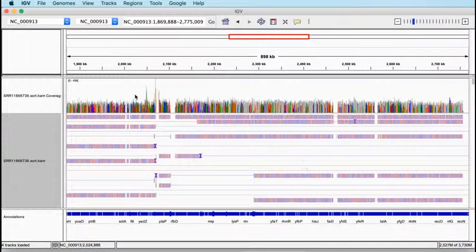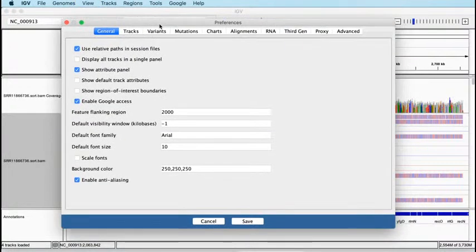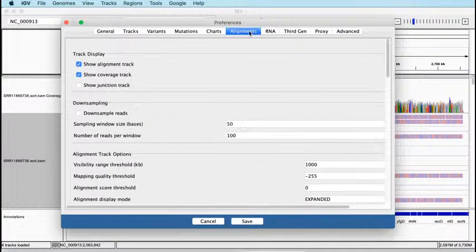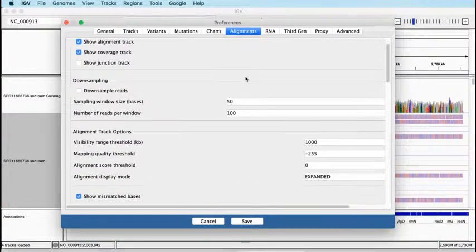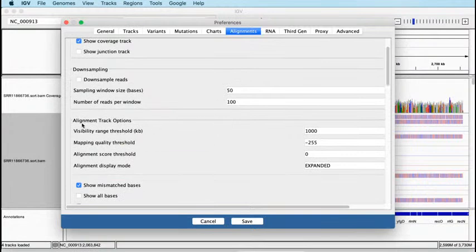You probably don't necessarily want to be doing this, and you can change it in the settings. If you go to View and then Preferences, this pops up the preferences, and you can change that zoom. The visibility range threshold is what you want to change. At the moment, my visibility range threshold is 1,000 kilobases. If I change that to 100,